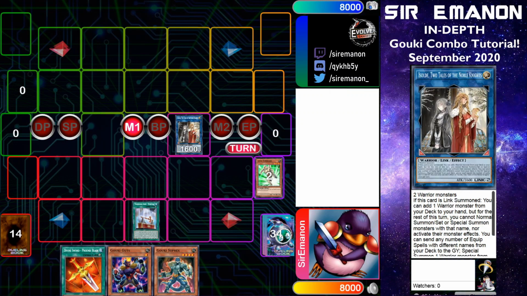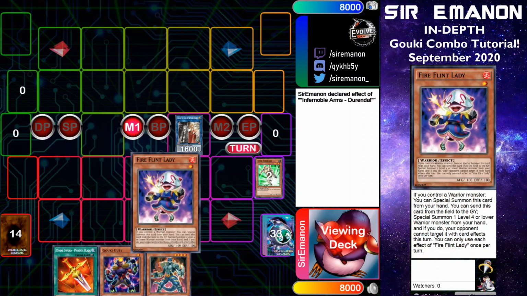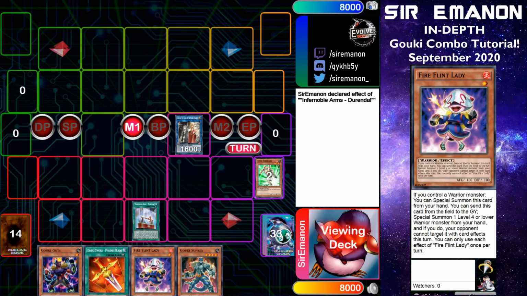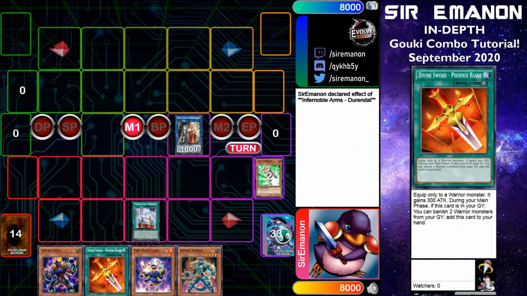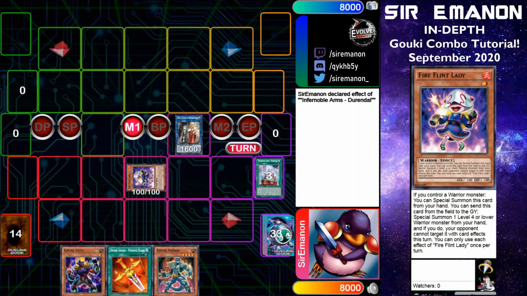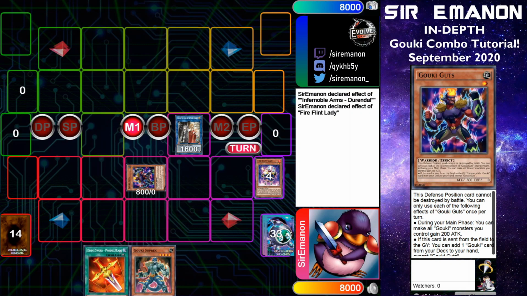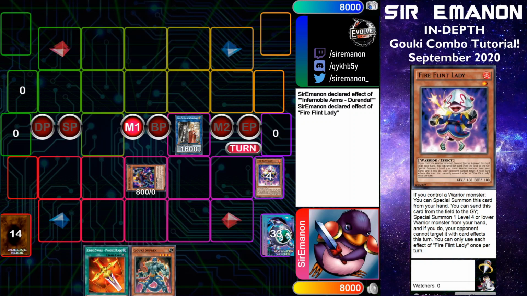So now, you can't use Isolde's second effect, so you have to use Droll'd to grab yourself a copy of Fire Flint Lady. And very similar to the other combo with Fire Flint Lady, combo number 18 it was, you are going to use the Fire Flint Lady to be able to grab yourself another Gouki onto the field. So you are going to use its effect, put the Guts on the board, and you need it to be a level 1 Gouki because you want to put it in grave